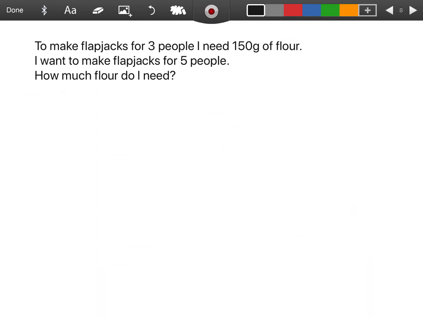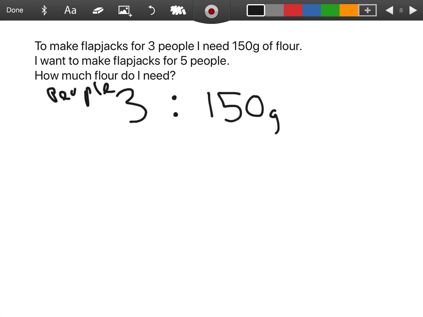If I, for instance, want to make flapjacks for 3 people, I know that takes 150 grams of flour, and then I decide actually I want to make it for 5 people. I can't double that or triple 3 people to get to 5 people. Instead, I'm going to find out how much I need for 1 person first. So I'm going to write people on this side actually, so I know I'm talking about people. 3 people would need 150 grams